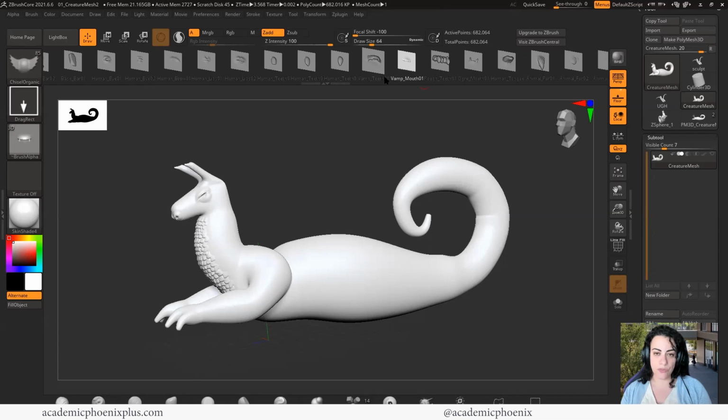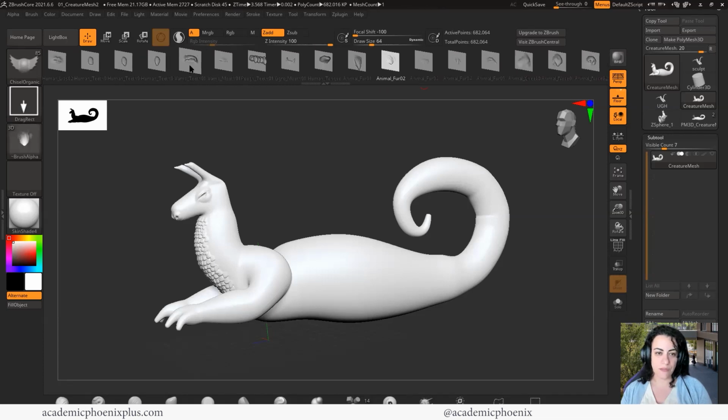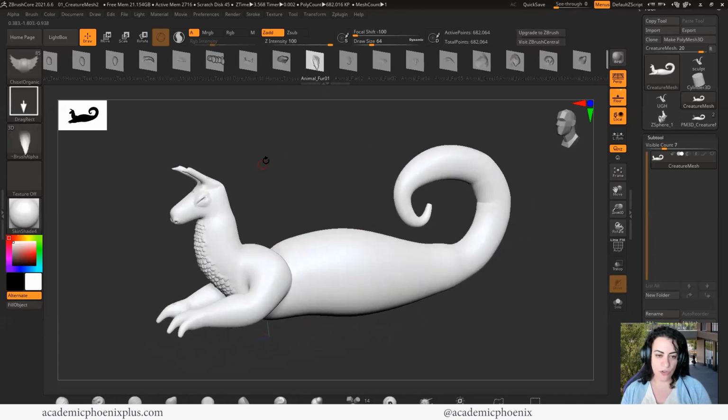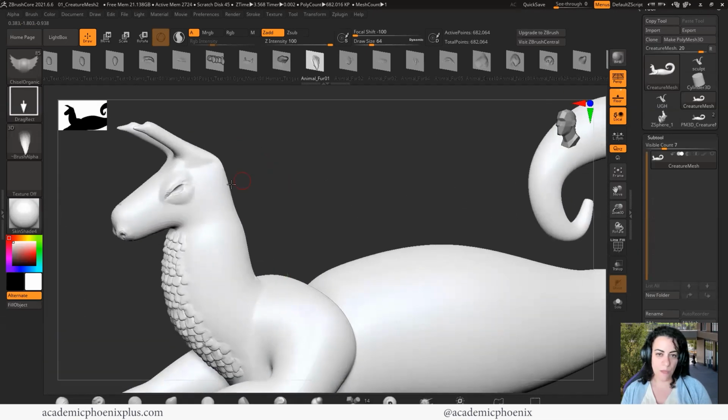That's a tooth if you're interested in teeth. We have other types of teeth. I don't know what rough teeth is. There you go, rough teeth. If you're interested in creating some animal fur, so let's say I want to create animal fur on this, you can actually kind of give them maybe a little bit of, you have to kind of layer it. But this is kind of like adding geometry to